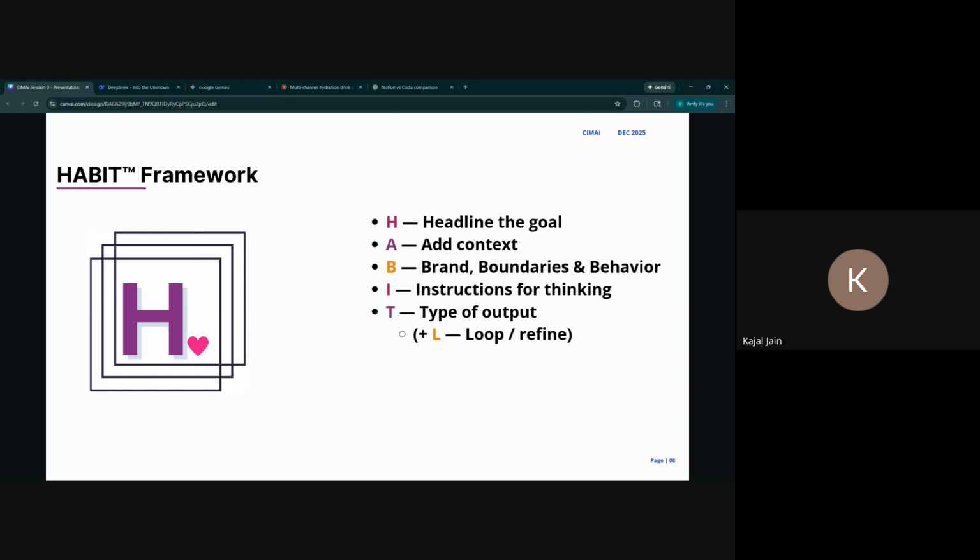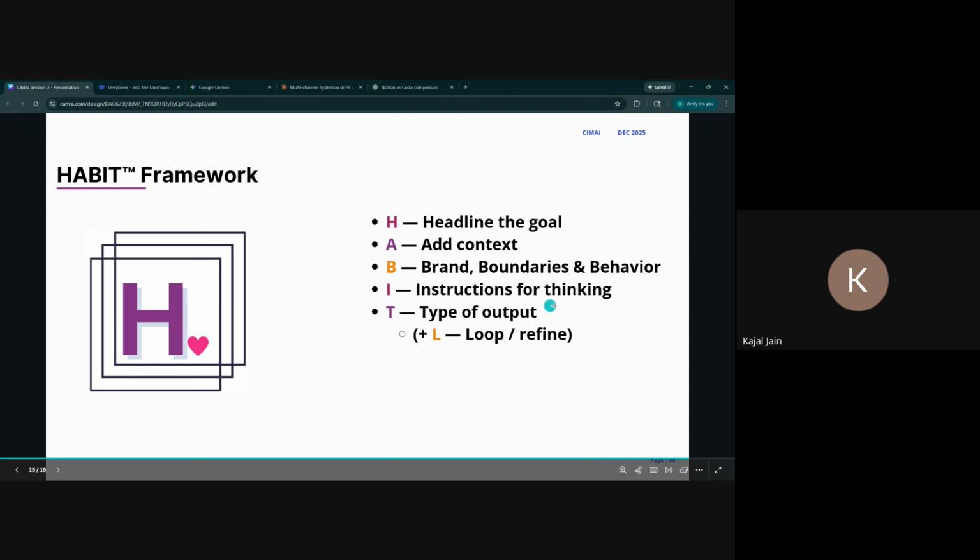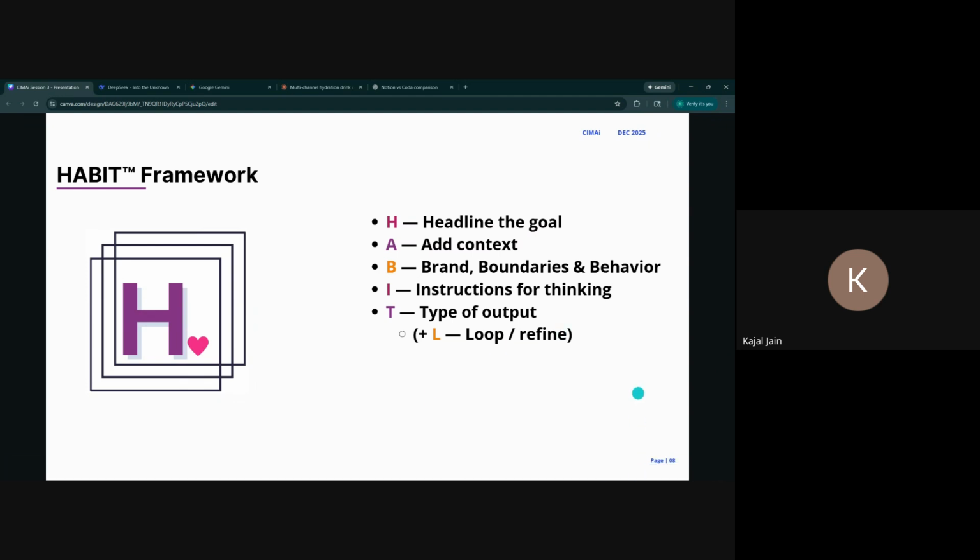So it doesn't really matter which framework you're using. Honestly, if HABIT is easier to remember, it covers the same content as the generic framework. I just wanted to share this HABIT framework as a quick way to remember how to learn prompting if you're very new to it.